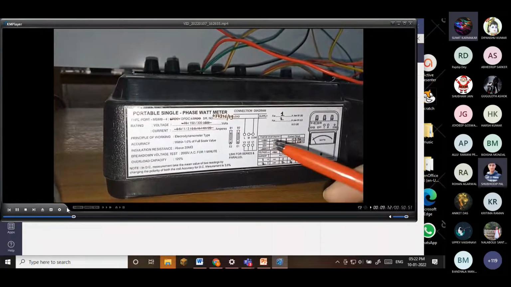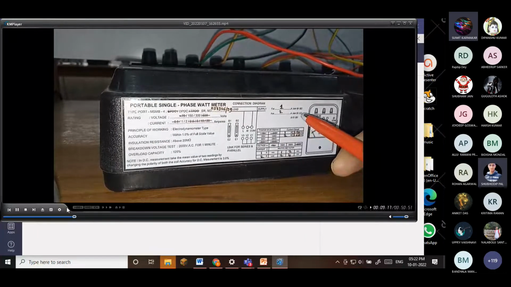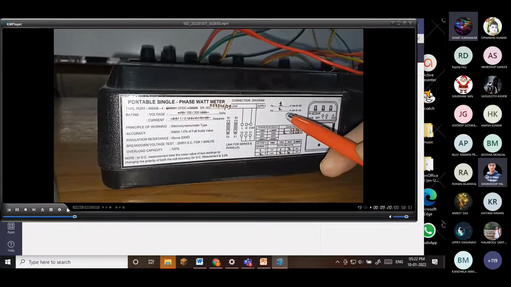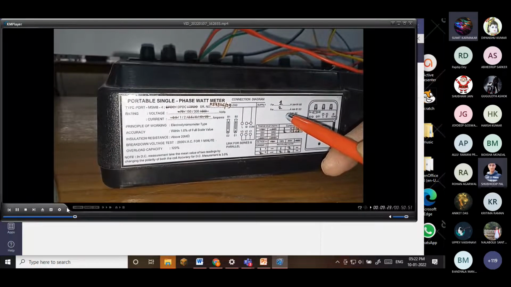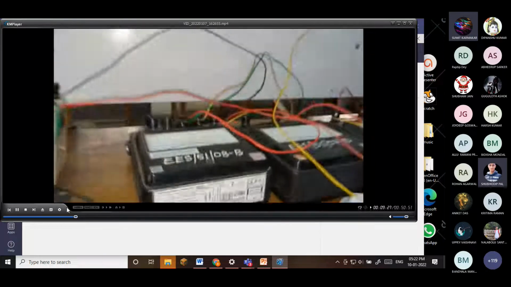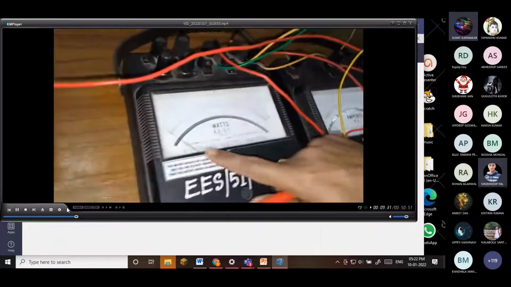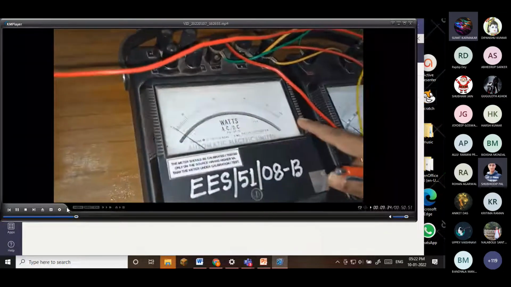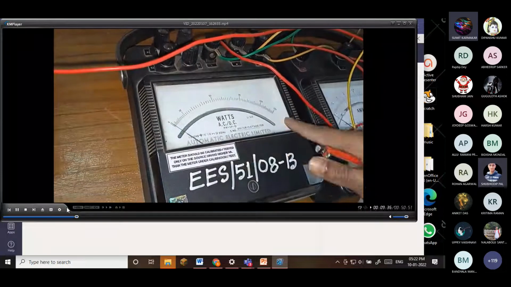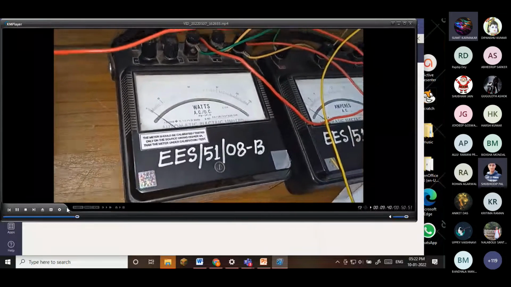But when we are using it in this manner, say B1, E2, B2, E1, you can see from here, B1, E2, and E1, B2, that means we are using it for higher power. So for higher current, that means 2 ampere current. All right, so you can understand, and then what is the scale of measurement? It is 150. 150 is the maximum power calculation that is possible.